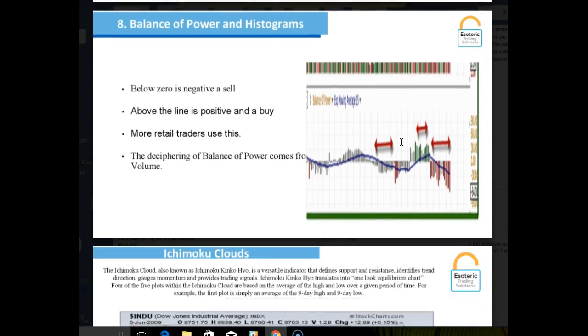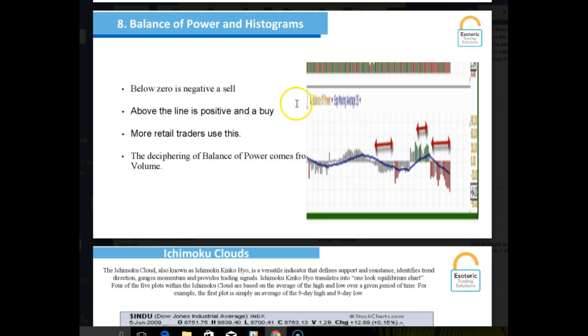Again, sometimes I use balance of power and histograms. With the histogram, if it's red and it's below the 0 line, the market is selling down. And often you can see with the histogram that once it gets that rounding base, it's nearly time to buy. Also, the balance of power is an indicator that basically tells you the buys and sells in the market. If that indicator goes below 0 and goes negative, then obviously the sellers are in power. If it starts to go towards 0 and positive, then the buyers are in control of the market.